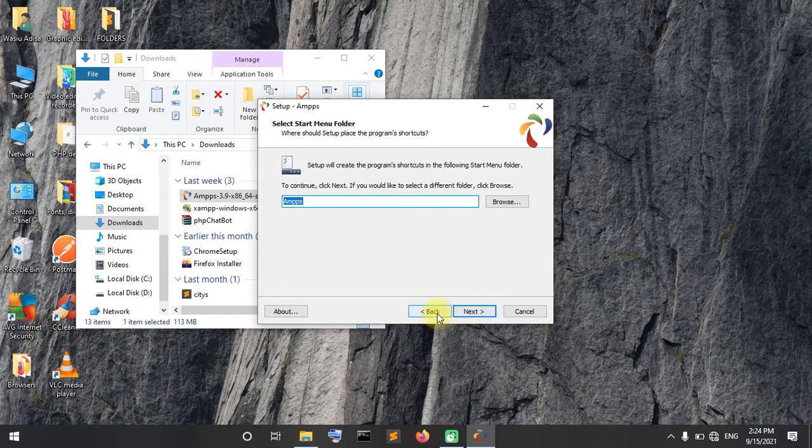So name... just checking back here, it says I need at least 827 megabytes of free disk space, so I have way more than that, so I'm going to click next. It says no, I'm sorry, back. It says to continue. That's the folder it's going to install it into, and then it says where should setup